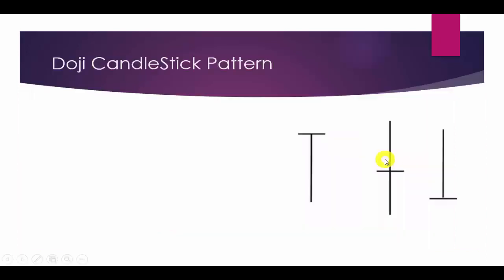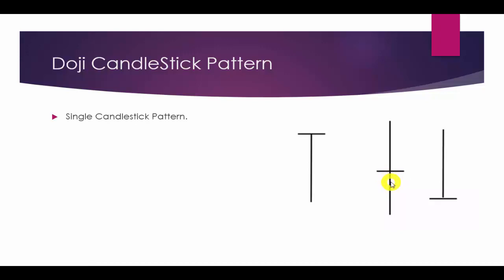Friends, the doji candlestick pattern looks like this. It is the classical doji. This is the dragonfly doji, named after an insect, and this is the gravestone doji. The classical doji has no body. Basically, it shows us a strong tug of war between buyers and sellers, so strong that they have pushed the open and close so close to each other that the body is not present.